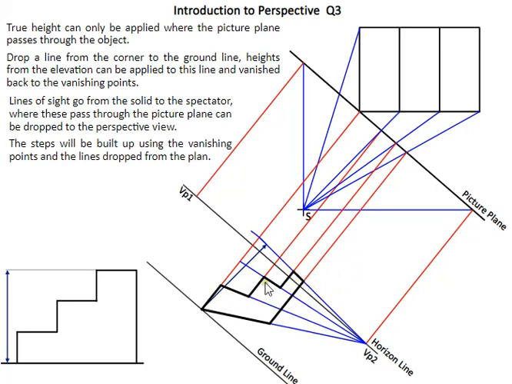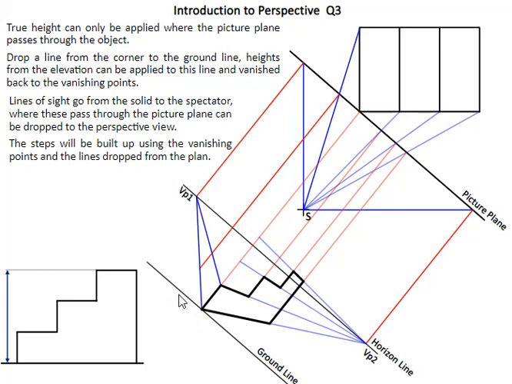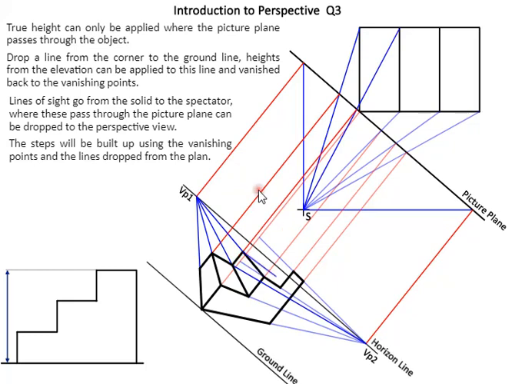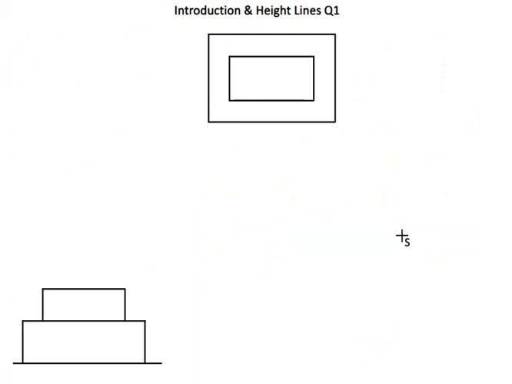Draw one side here first, and then what we'll do is we'll end up vanishing everything back to VP1. Then to get the positions, it's basically a matter of joining points from our plan view onto the picture plane by joining them to the spectator. Then it's a matter of just connecting up the dots. Now if we go back here,